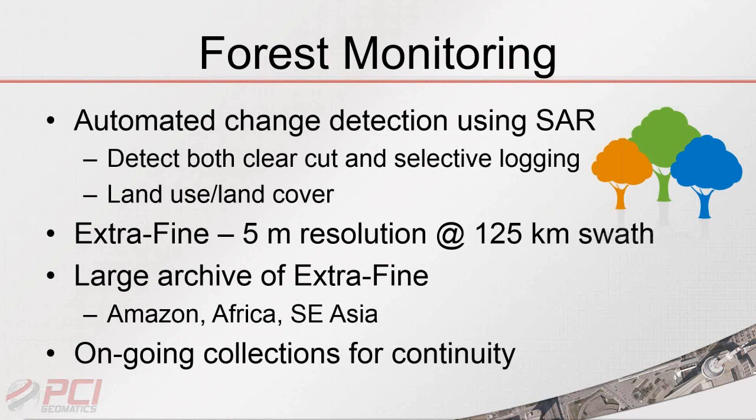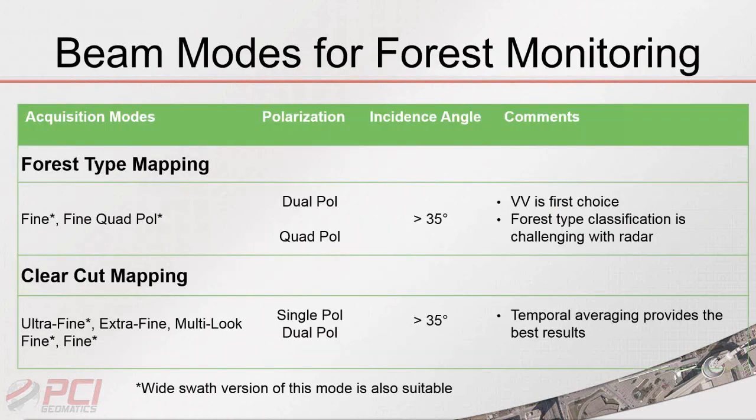We can do routine collections over these areas, and we do it on a regular basis. We can then run these change detection algorithms, and that allows us to see both clear cuts in the forestry as well as selective logging. And so, we can see something down to a few big trees being taken out of a patch of forest in the Amazon. And so, in terms of beam modes and taking it back to how you might use the RADARSAT-2 imagery,